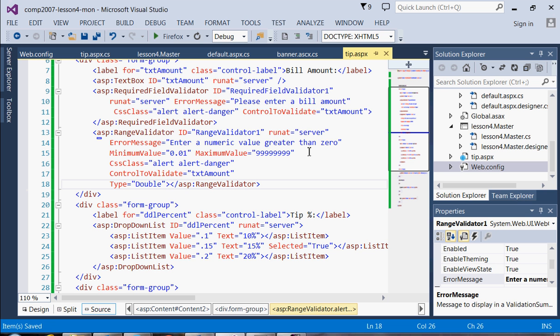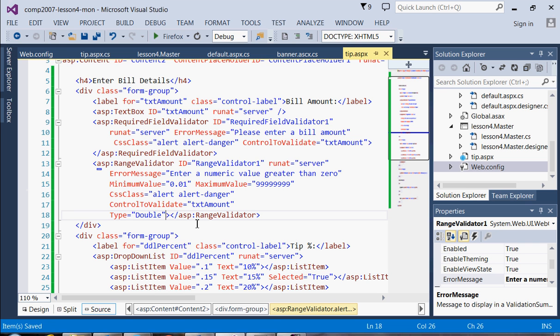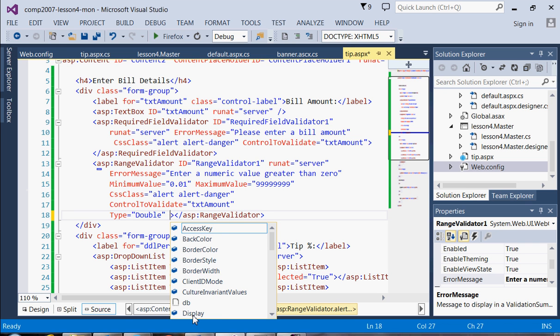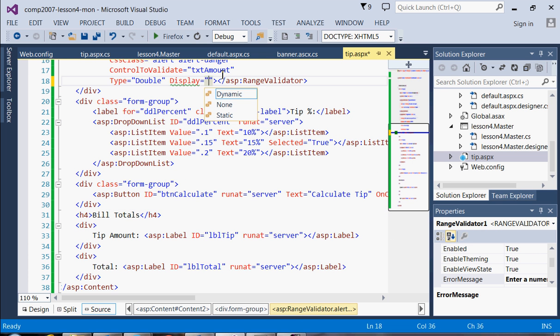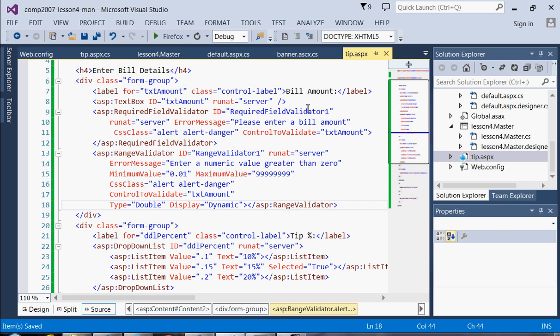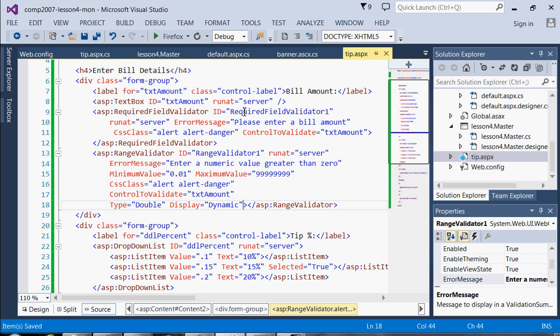So if we just want to fix where it displays, there's one other property we can set. These validators have a display property that by default is set to static, meaning the space for it has already been allocated. If we change that to dynamic, they will always show up immediately right beside the control. So I don't need to make this one dynamic. The required field validator already is in the right spot. But our range validator is not where we want it to be. By changing this display from static to dynamic,